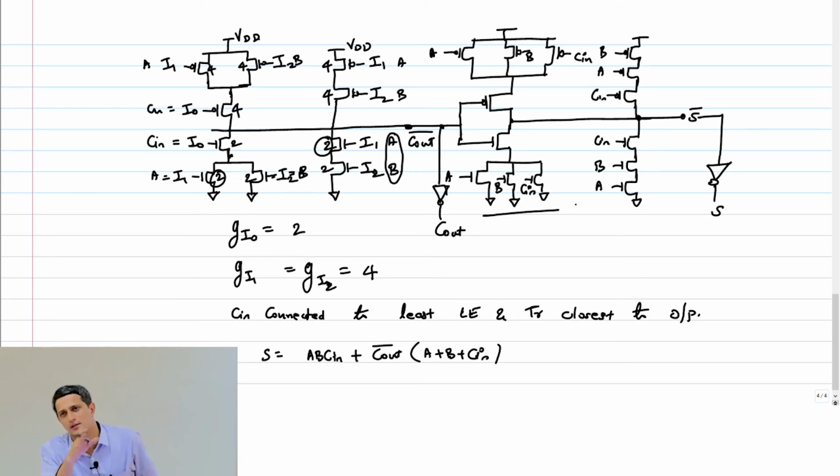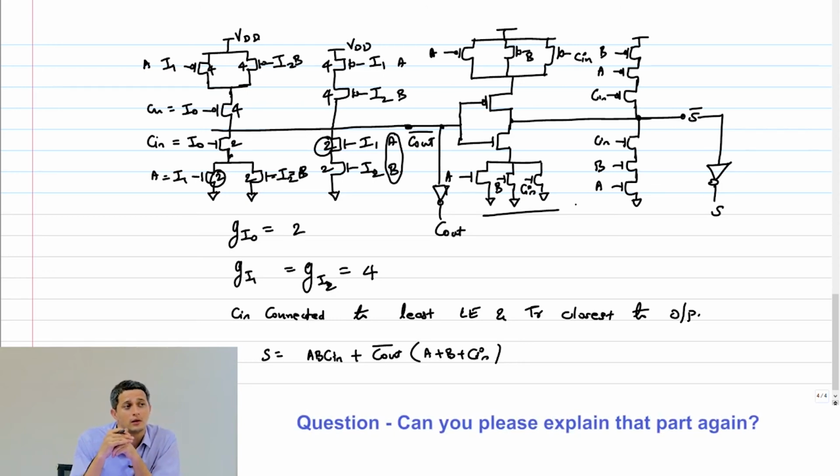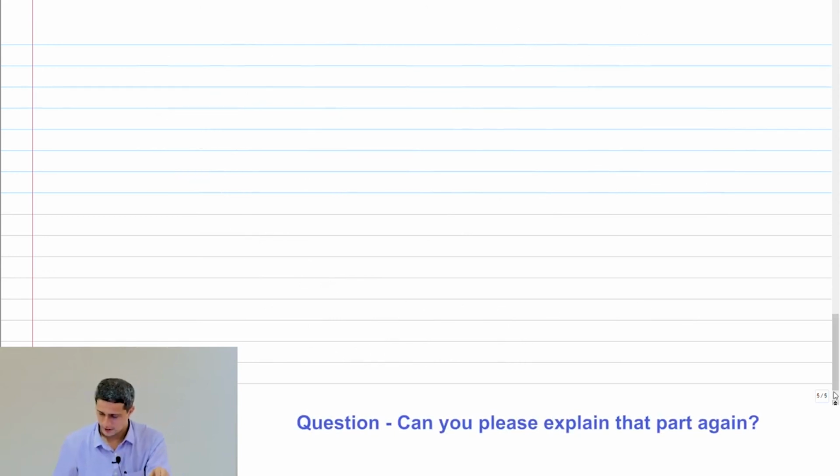So, C out bar is this thing. And additionally, C out bar will come after C in now, because C in comes, C out bar gets generated. So, C out bar is the signal that's actually arriving last. So, that is going to the transistor closest to the output anyway. Okay? Any questions here? Yeah. Huh? Yeah. See,